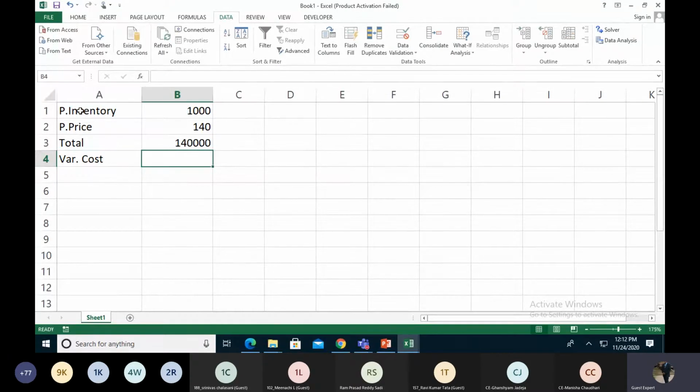Variable cost is an uncertain cost in any organization. If I'm purchasing 1000 PCs for my organization, the variable cost will be very different. It includes, for example, when my AC is not working, that cost goes into variable cost, and expenses incurred when transporting something are also included in variable cost. So I'm putting the variable cost as 12,000. Then the fixed cost.